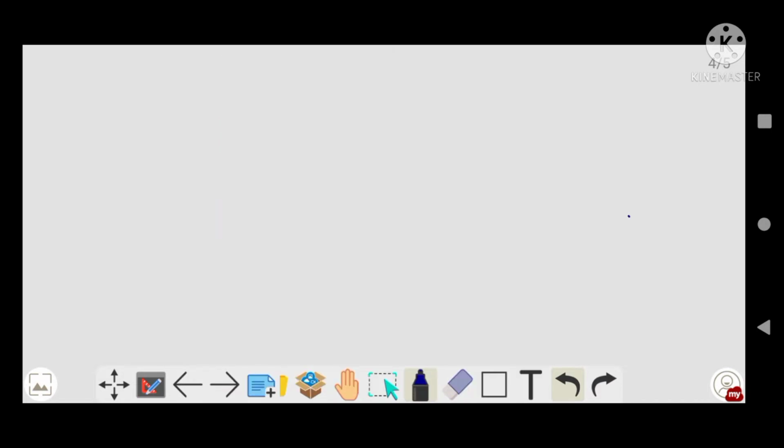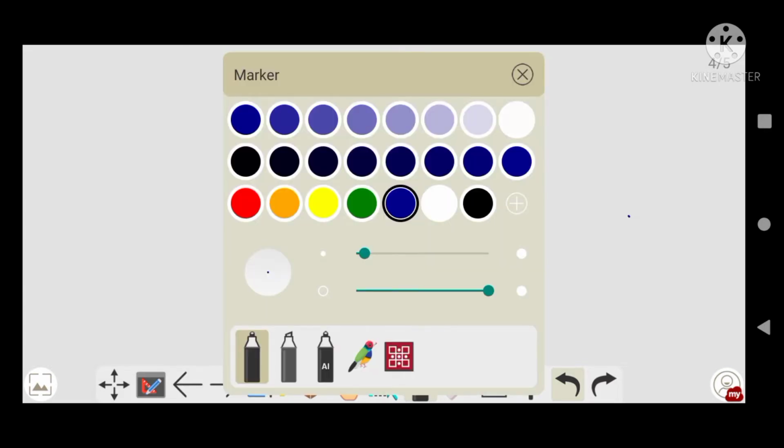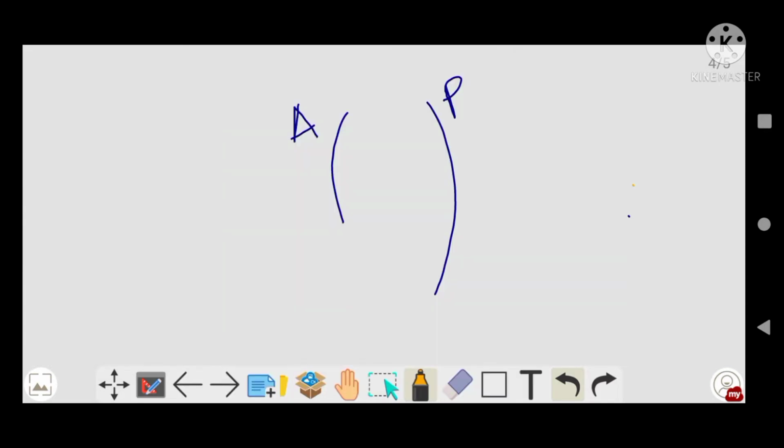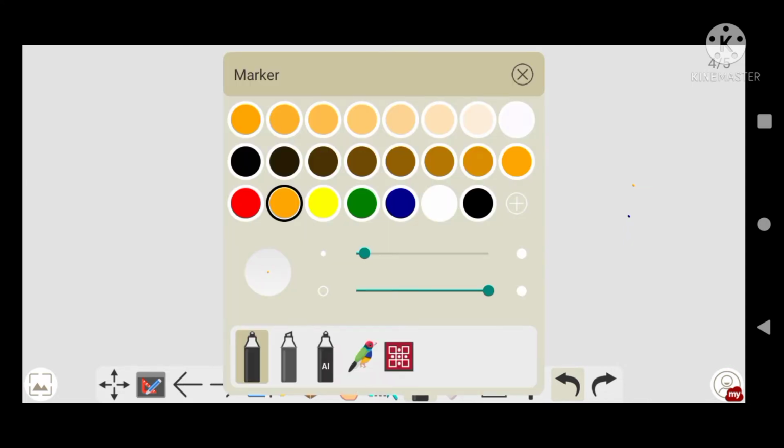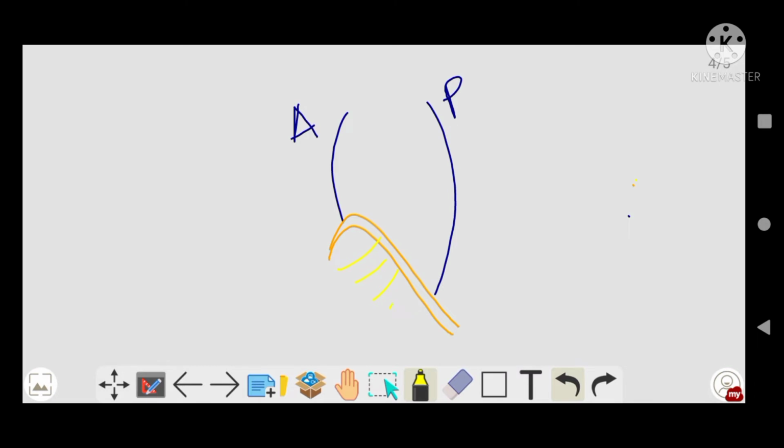If we look at the view from the lateral side, we will see that a part of the diaphragm is anterior, a part of the diaphragm is upside and a part is down, like I'm drawing. Say this is your anterior portion, this is your posterior. I'm drawing the thorax, right? Now I will draw the diaphragm. It goes something like this. On the anterior side it is slightly up, and on the posterior side it is slightly down, right? If I draw the ribs, it will be here, right?